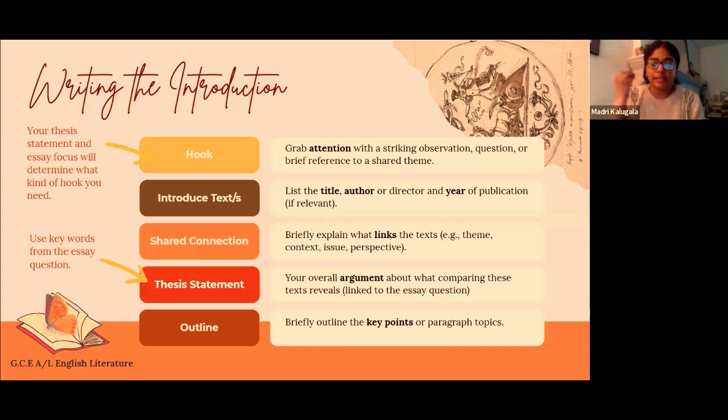Okay, so key argument: your overall argument about what you think the answer to this question is. What are your thoughts and views about it? Mention it in the introduction. So you give your argument, then the body of the essay is about proving your argument. Here's my argument. Now I'm going to show you how I'm going to prove this